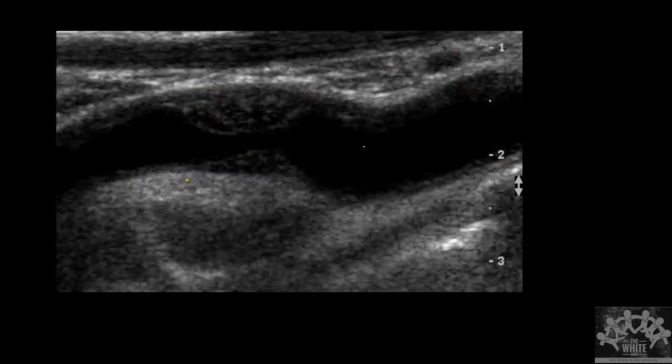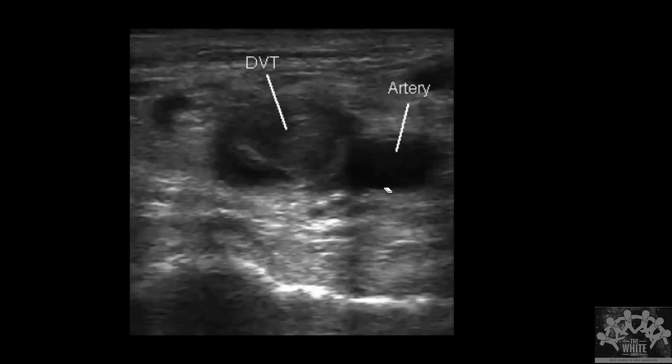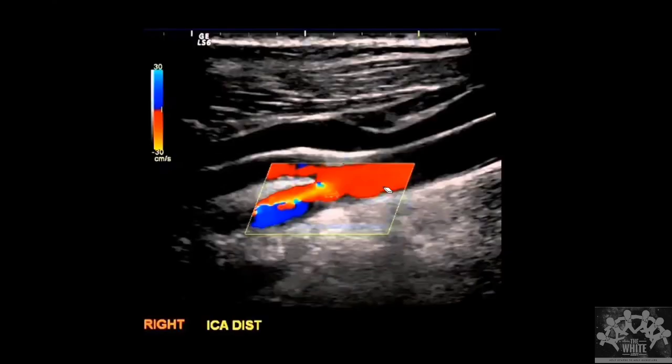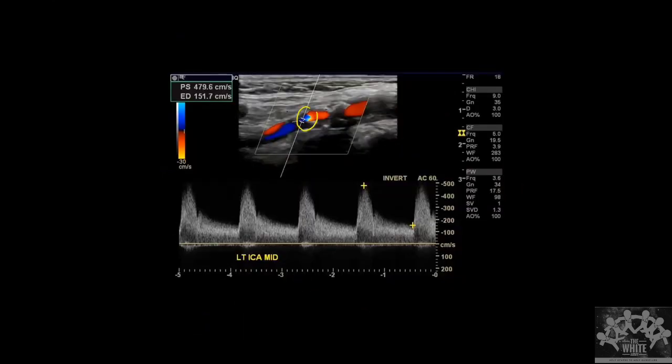Normally, we expect what kind of flow inside a blood vessel? Laminar flow. Whenever there is laminar flow, if I keep a probe here and test, it will show red or blue. Imagine if there is turbulent flow. Can it decide whether it is red or blue? It cannot decide. So what will it show? It will appear like this. This is called aliasing. See here, it is showing multiple colors. It cannot decide what color. It is confused. It doesn't know what color.